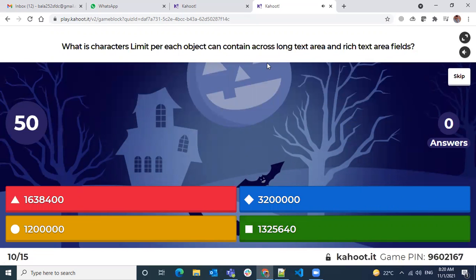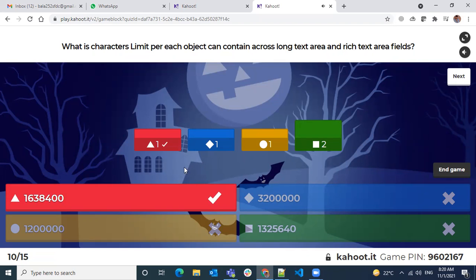Nandini has asked on the day question, what is the character limit that we are seeing? So there is a limit for an object. If you create one text area field, the limit will be subtracted from this limit, and the balance characters can be used when you create the next long text area fields. So based on this limit only you can create. If you have consumed all these limits, like if I created 10 or 20 long text area fields.